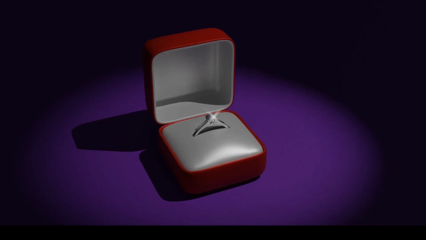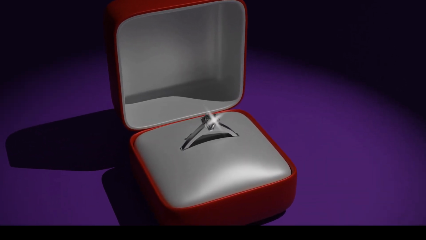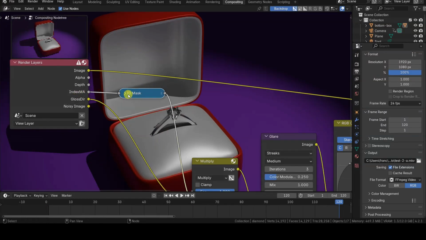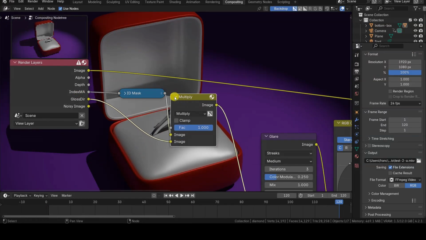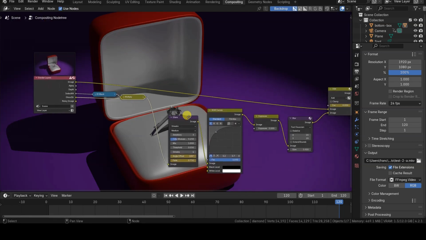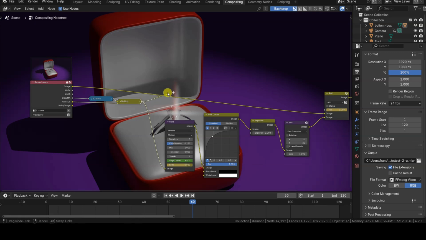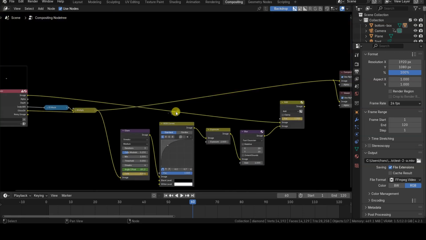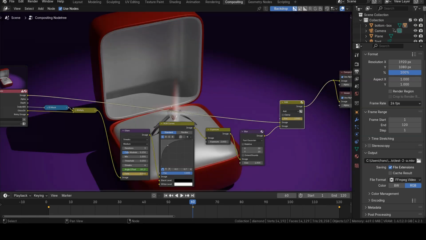Hello everyone. In this short tutorial, we will see two methods to create an animated streaks glow effect. The tutorial was recorded using Blender version 4.2 and is aimed at users who already have some familiarity with compositing. Topics covered include the glare nodes, masks, and view layers, which I have discussed in previous tutorials on my channel.